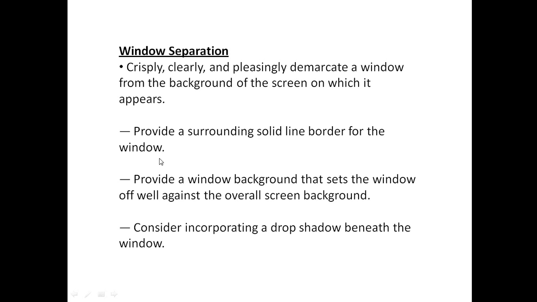Most of the time we are interested in setting the screen background color so that we can easily highlight these windows. Maybe we can use some sort of compatible colors. Compatible colors should and must be used, or provide a window background that sets the window off well against the overall screen background.